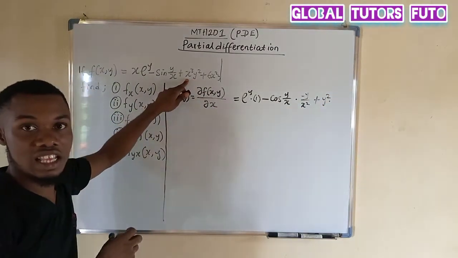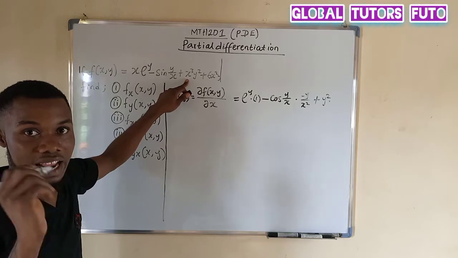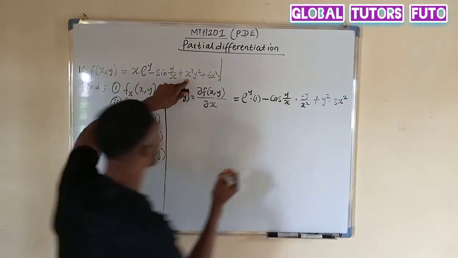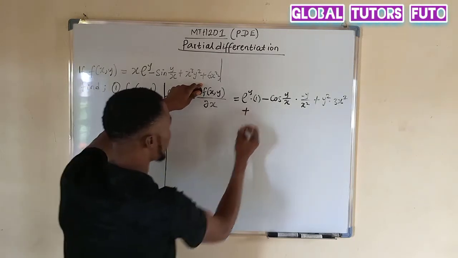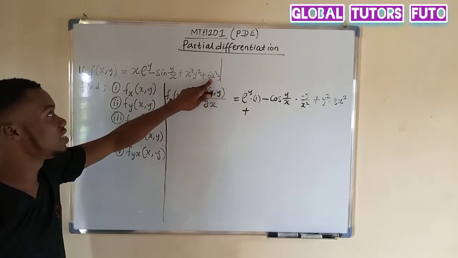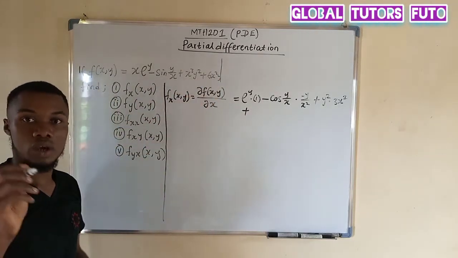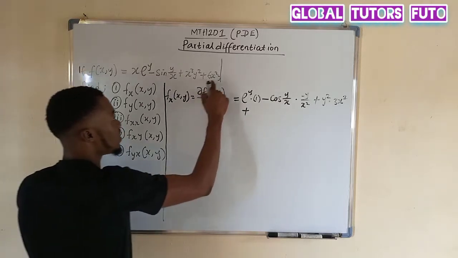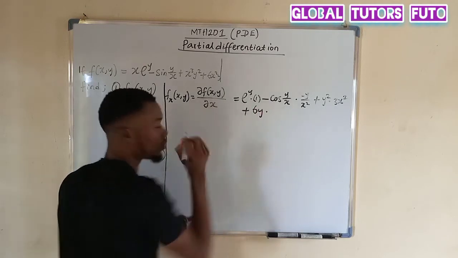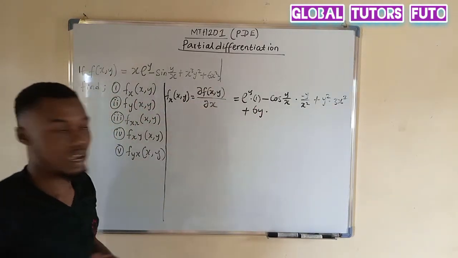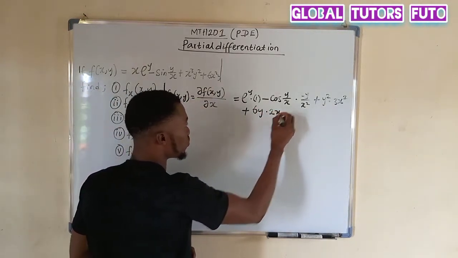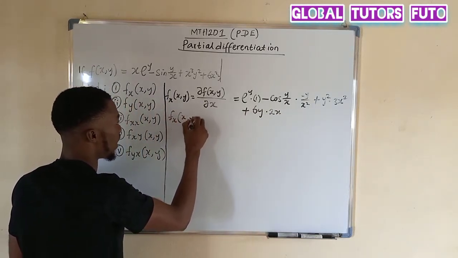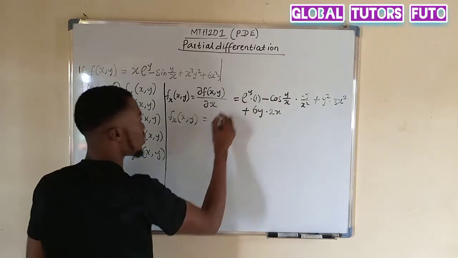So when we differentiate s raised to power 3, we get 3s squared. Plus, when we differentiate 6x squared y, we are working with respect to x. Anything that is not x is a constant. So our constant here is 6y. So when we differentiate x squared, we get 2x. So this is telling us that our f of x comma y will be equal to e raised to